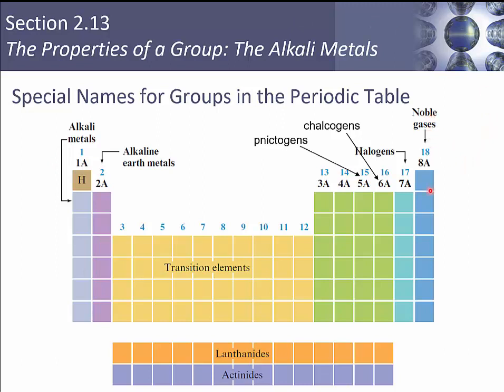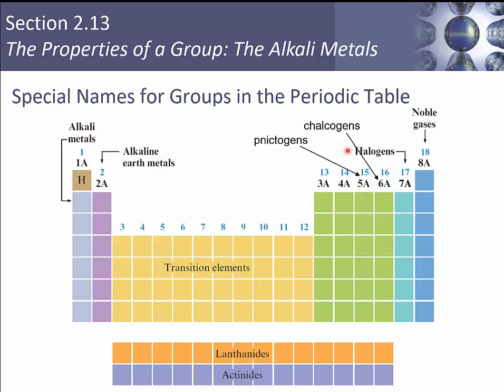They're so called because they do not interact with anything else. Next up is our halogens in 7A. So fluorine, chlorine, bromine. Next are the chalcogens, so oxygen and sulfur. This comes from chalk forming